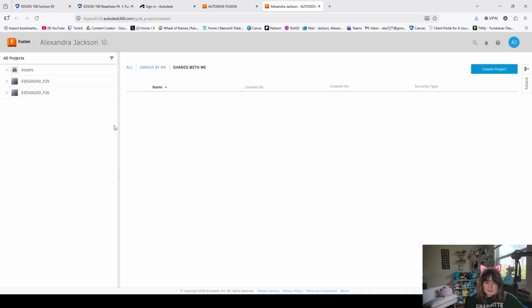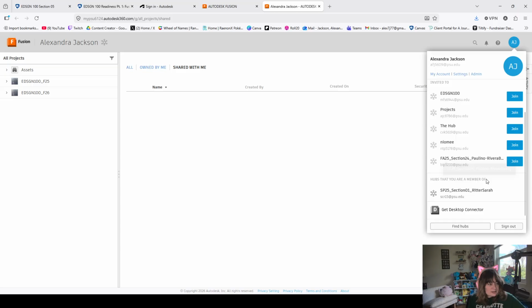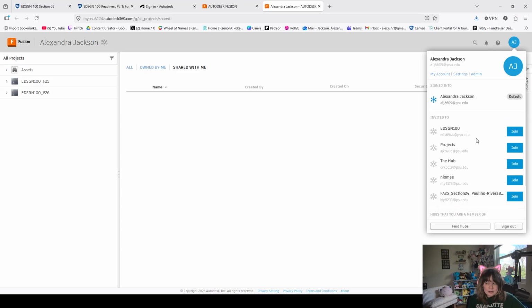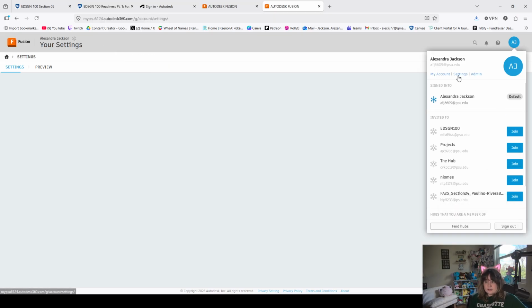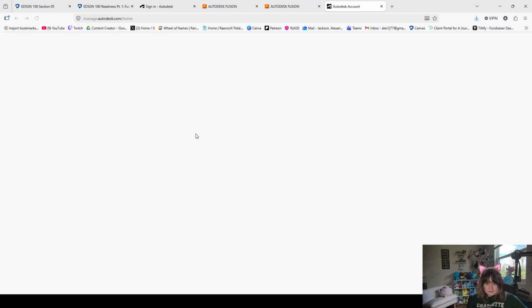This page, if you end up here, you can also get to the page that I was just at. So this is if you went into the three dots next to the hub page, if you couldn't see members and permissions directly for a specific project, you can also come into here. Let's go ahead and click up here in the corner where it has my name. And you can then go to settings. These are ones that I've been invited to. So this is where I'm going to see where I can join your hub. Then you could also go into your account,